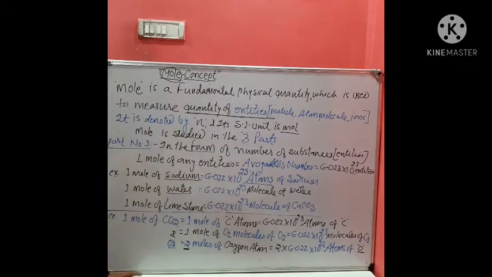That means simply, if we have to convert carbon dioxide, or any compound, into various forms, then we have to check which type of elements' atoms the compound is made up of and how many atoms of each are given, and then we will convert it. We can convert it in the form of molecules, in the form of atoms, etc. Are you getting it? So watch this very carefully. You may take its screenshot and then you can prepare its notes.